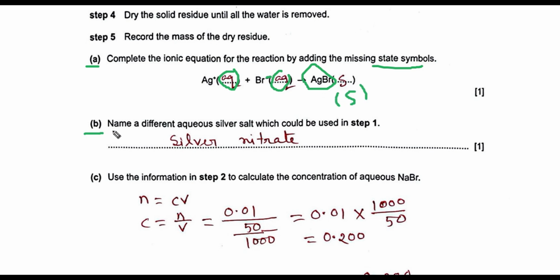And name a different aqueous silver salt which could be used in step 1. Silver salt aqueous means soluble silver salt, we can use silver nitrate. That's why the name will be silver nitrate. And